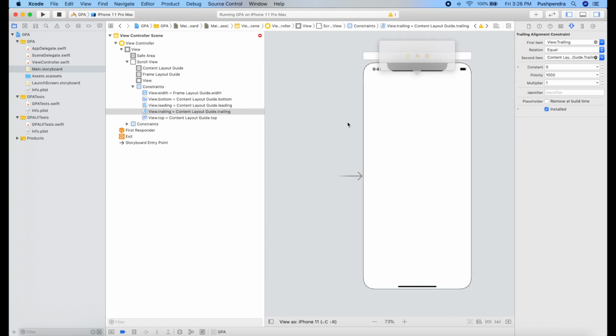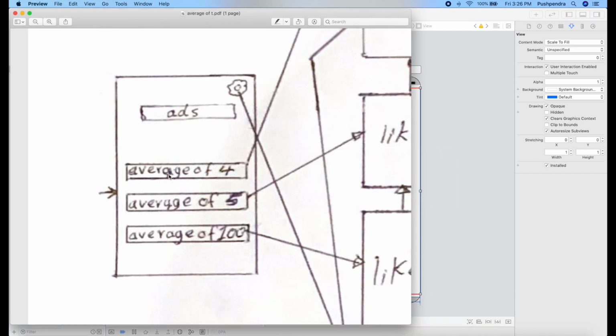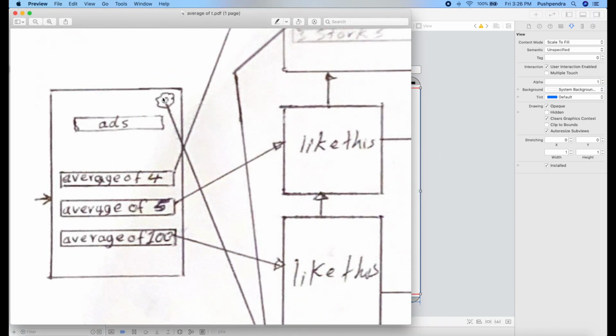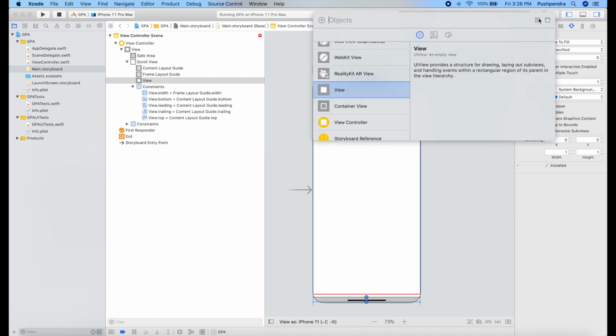Update with 0. Great. Now again we have 3 buttons: average of 4, 5 and 100, and the setting button. And one more thing we have, which is the ads view. Ads we will integrate later, but for now I am taking just a view for the ads.